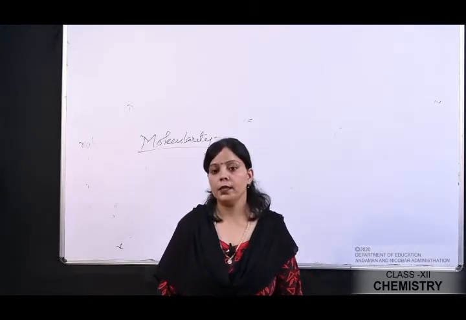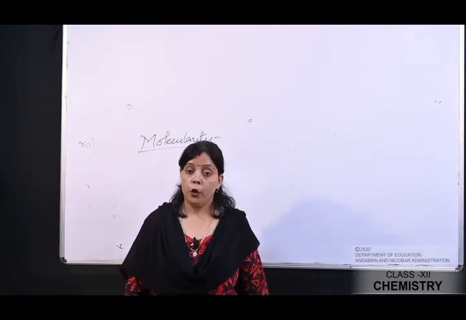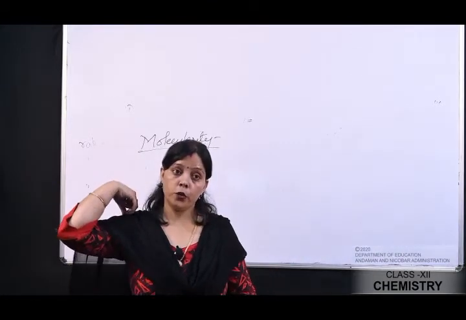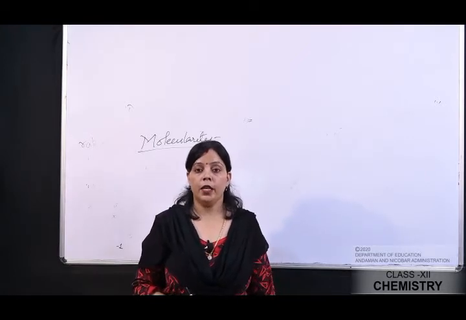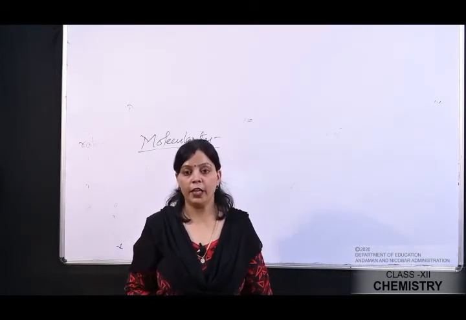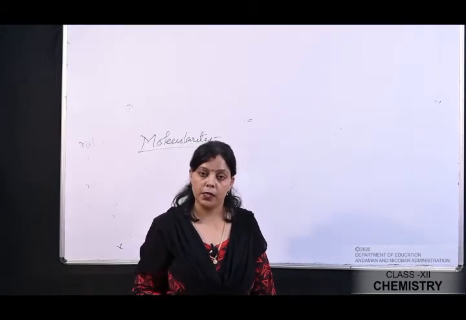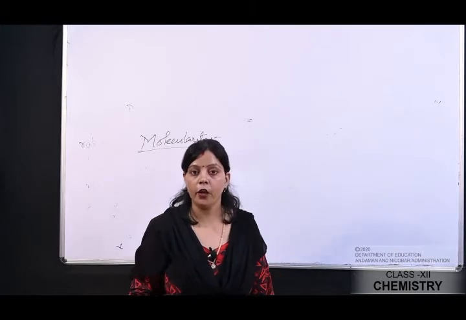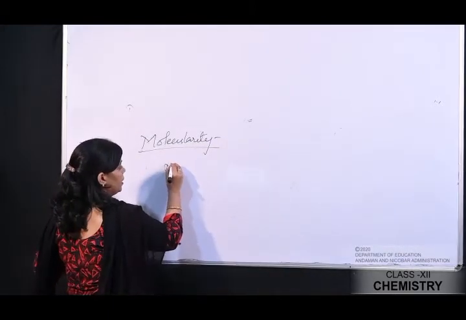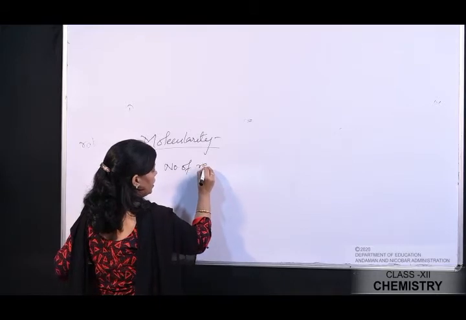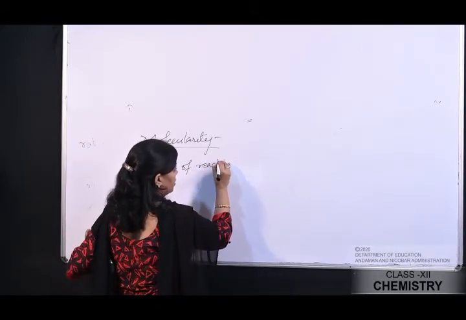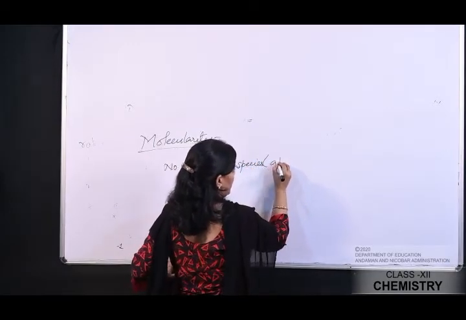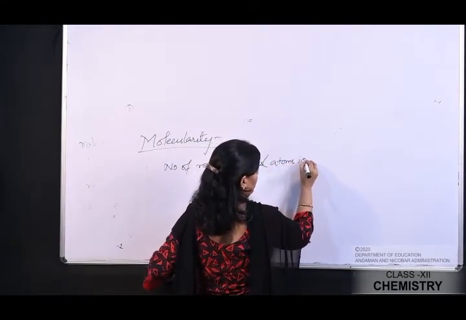After that the next topic is molecularity. The molecularity is another important property of a chemical reaction. According to collision theory, the chemical reaction proceeds due to effective collision between the reactant species. So we can define the molecularity of a reaction. The molecularity of a reaction is defined as the number of reacting species, it may be either atom, ion or